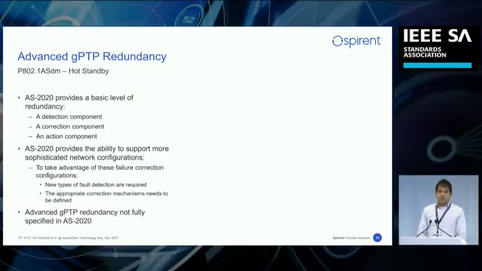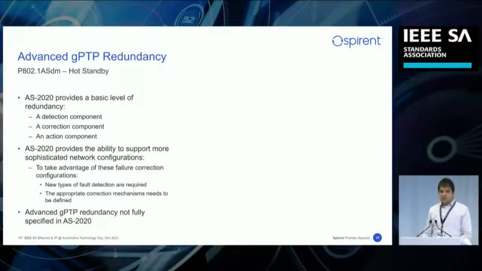Those are some of the basic building blocks that are available in AS 2020. AS 2020 has a detection component, so we can detect when something goes wrong, like when a GM doesn't send sync anymore. It has a correction component, it has an action component, but nonetheless, it still lacks some parts. And in order to avoid that anyone will implement their own way of dealing with these missing links,